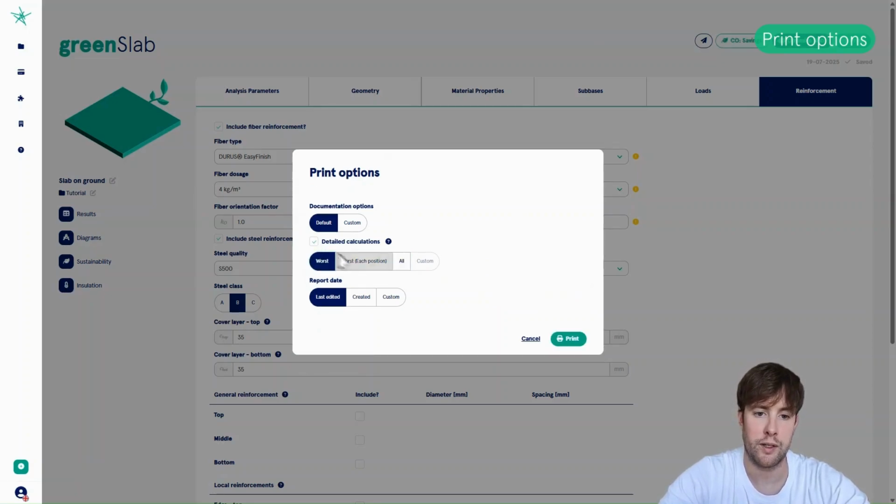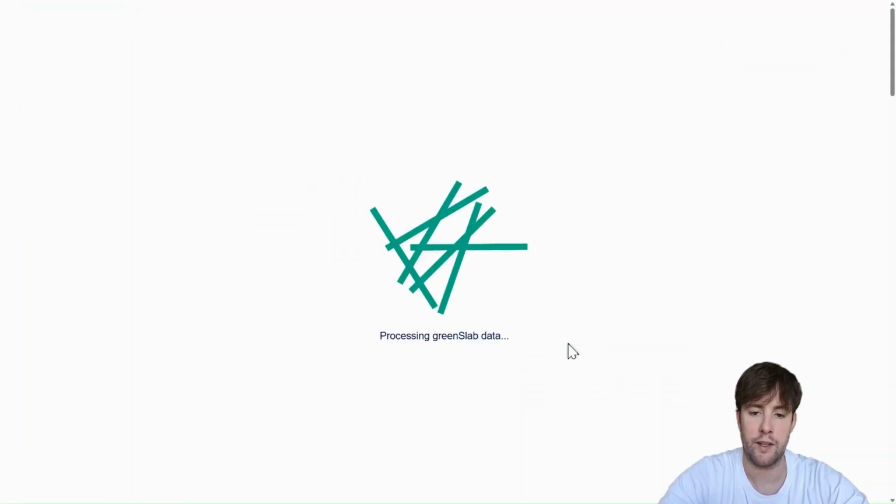So usually, myself, I would choose worst or worst for each position. In a few weeks, we'll also have added the custom option, in which case you can tick exactly which scenarios you want to include in your documentation. Alright, for now I will just choose worst, and I'll choose default and last edited, and then I will press print, and then